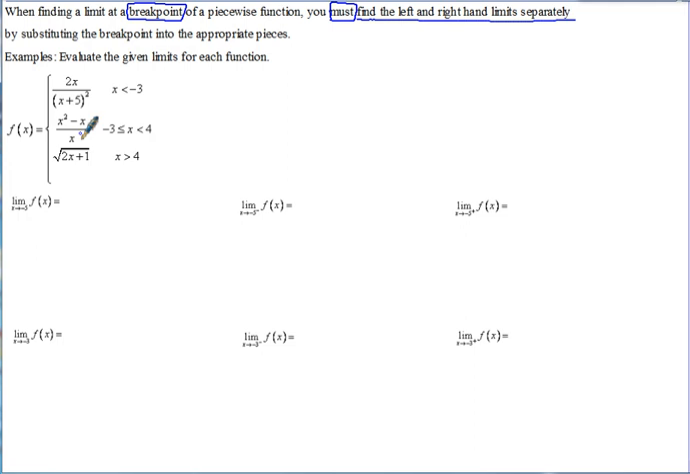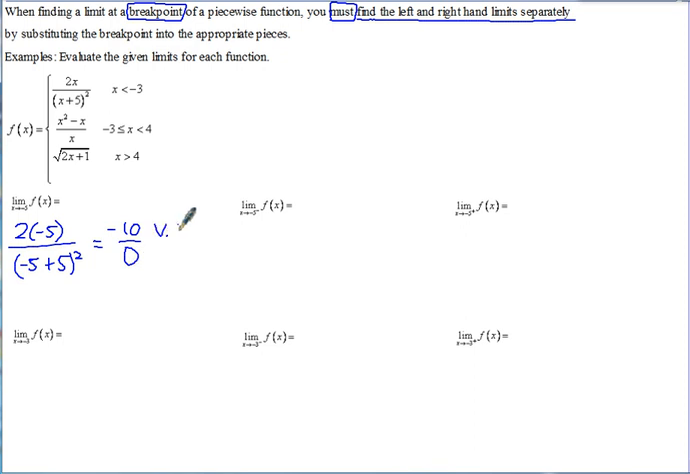So let's take a look at the first one, the limit as x approaches -5. Well, -5 is not a breakpoint, so all you have to do is look at the domain for each piece of the function and see where -5 fits. Is -5 less than -3, between -3 and 4, or greater than 4? It's less than -3, so you substitute -5 in for x. That gives you -10 over 0, and when you have a number that's not 0 over 0,